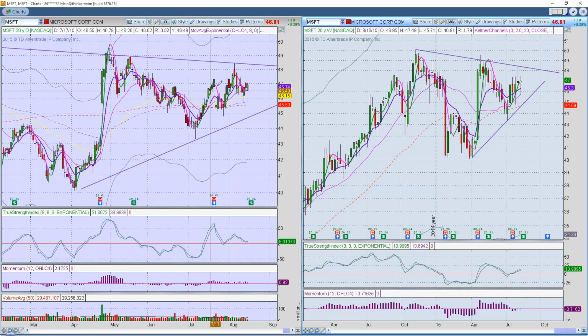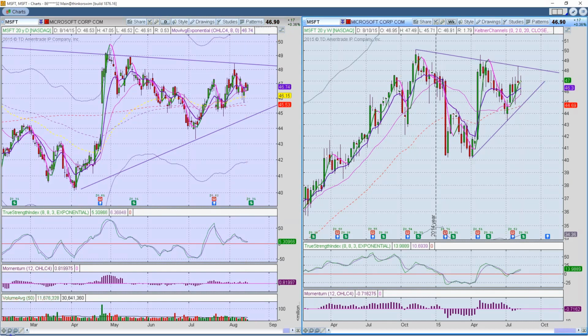But as we can see, this envelope that I have up here is 10% from the 20-day moving average. Typically, Microsoft does not roll with that large of moves per week. But if you own the stock and you're doing things like selling, Microsoft is long since stopped being a growth stock, but it does have nice patterns.